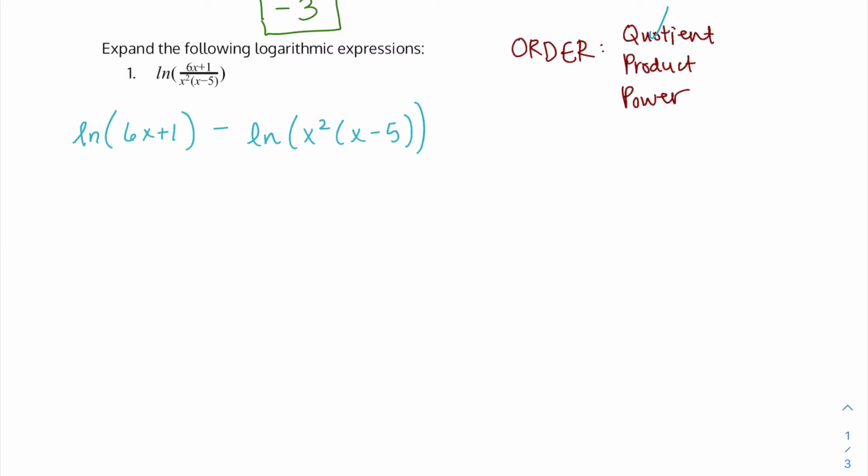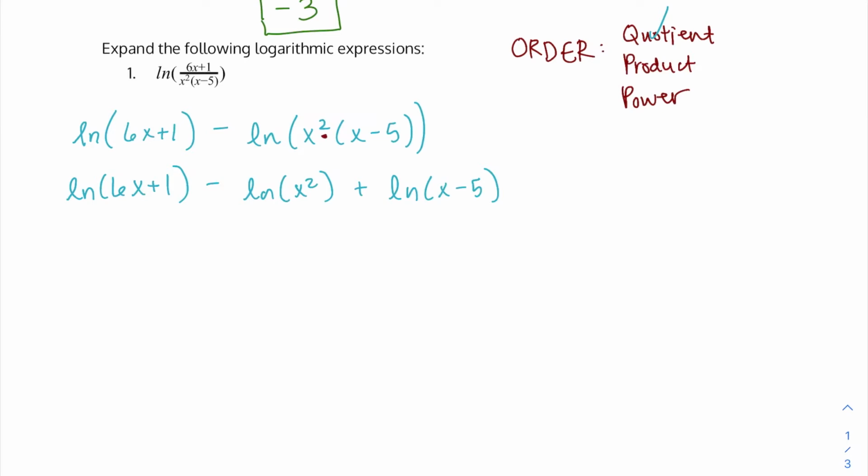Here, though, where I have x squared times x minus 5, that can be expanded into addition. Okay, so my first part stays the same. That hasn't changed. There's no multiplication inside that log. And then this changes to natural log of x squared plus natural log of x minus 5. Okay, and then this is the tricky part of